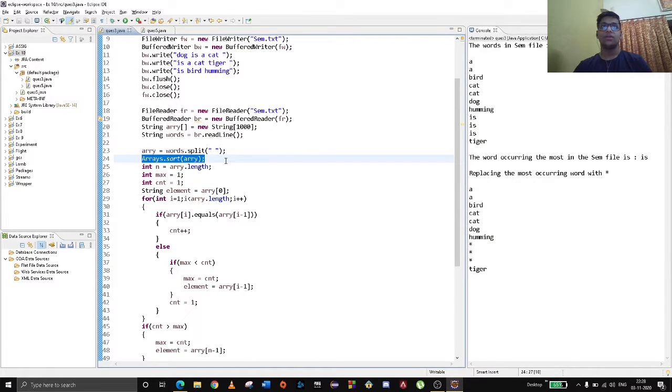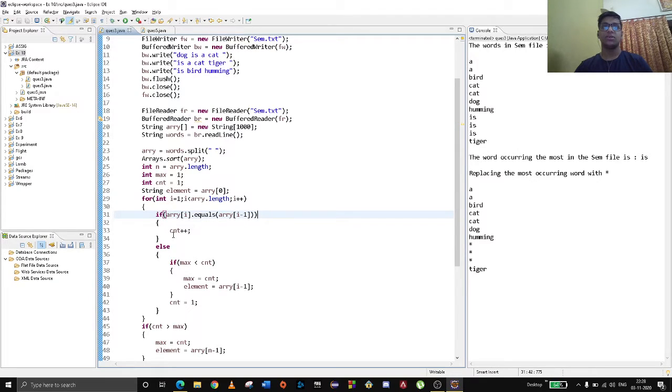Now we are getting all the words and checking that every next word is the same as the previous word. We are using a for loop, int i equal to 1, i less than array length, i plus plus. Inside it we check if array of i equals array of i minus 1. If i is 1, it will check the 0th index and compare if it's the same.